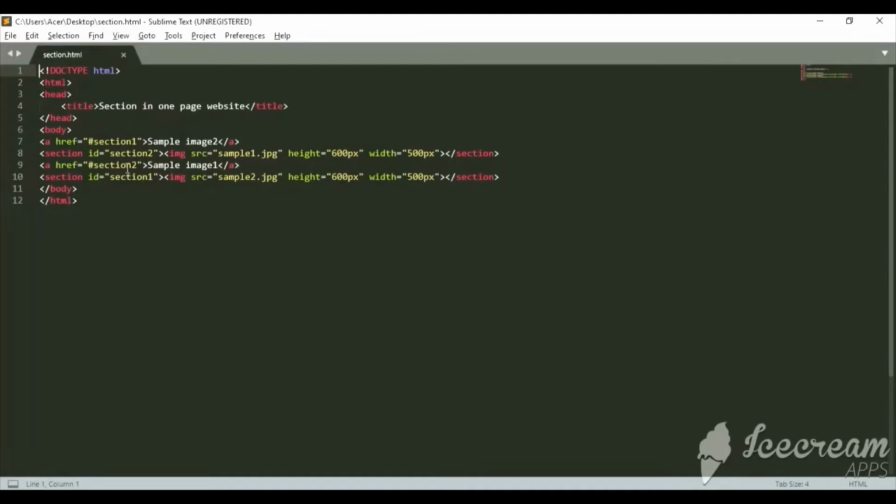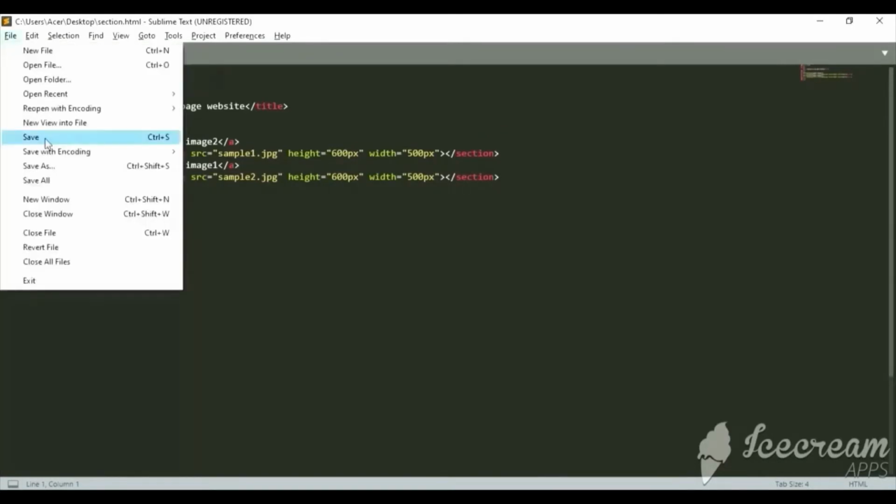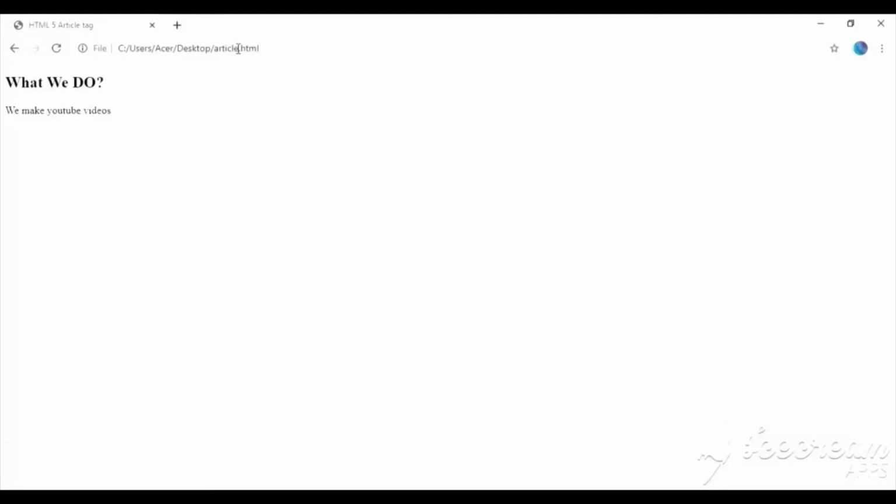As you can see, the link over here is section 1 and the section over here is section 2, which means when we click on section 1, it will navigate to this section 1. I have already saved this file. Let us save it once again. This is section.html.